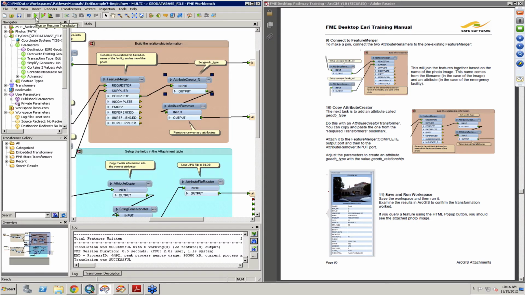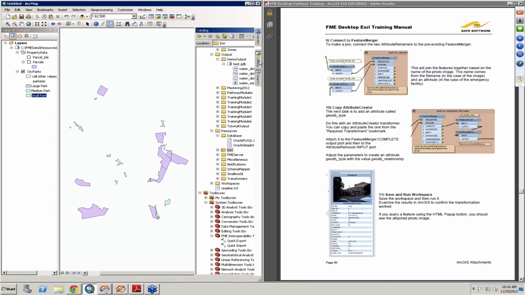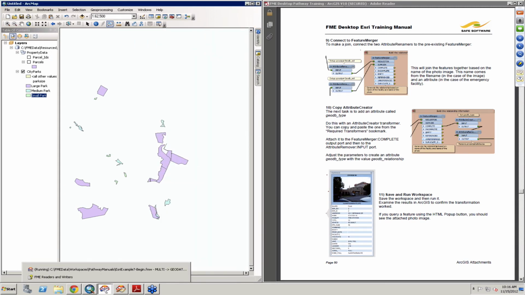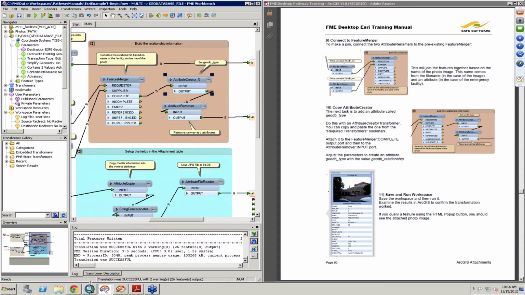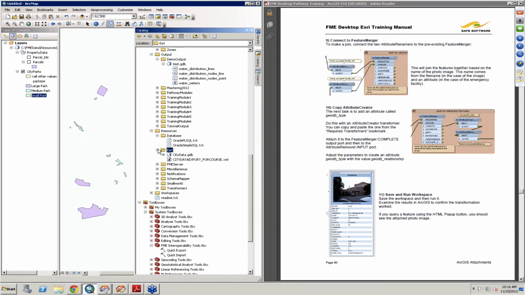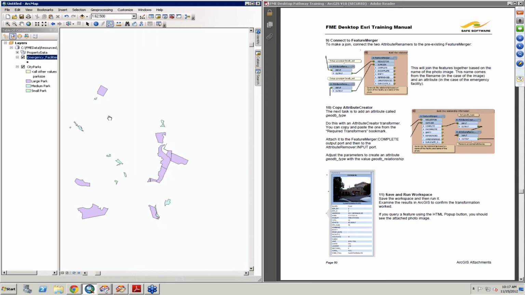Okay, if I got all that right, we'll run the translation. Oops, did I forget to navigate away from it? Nope, looks like we're good. So that ran in there. Let's see what we have. So I have my emergency facilities. I'll drag and drop those in. And if I did this all right,